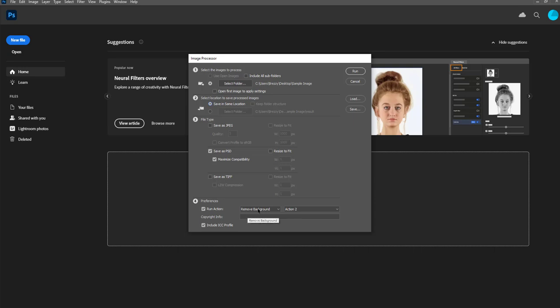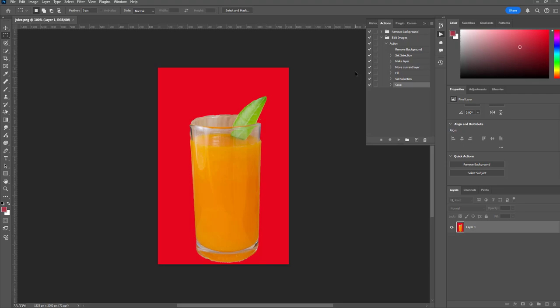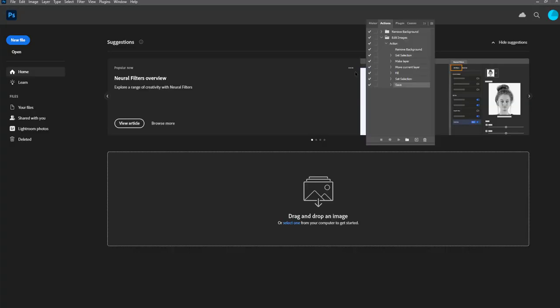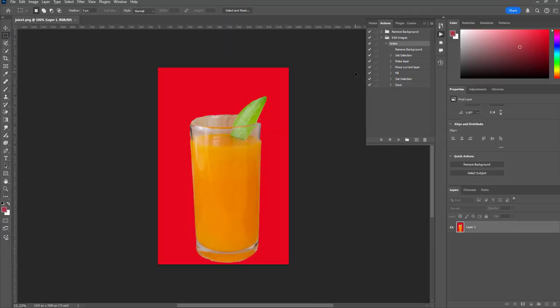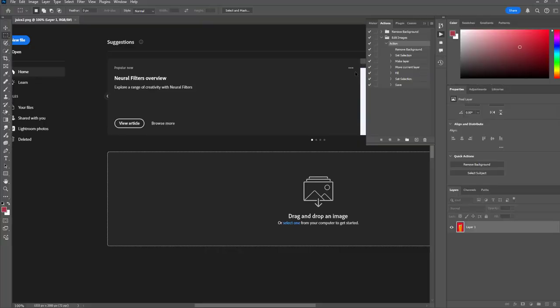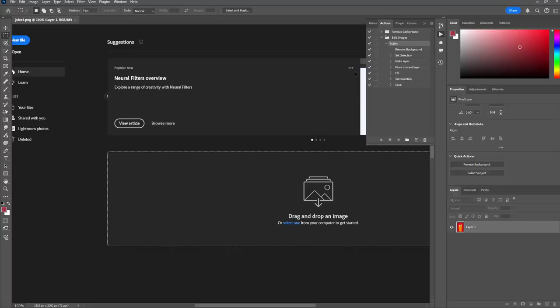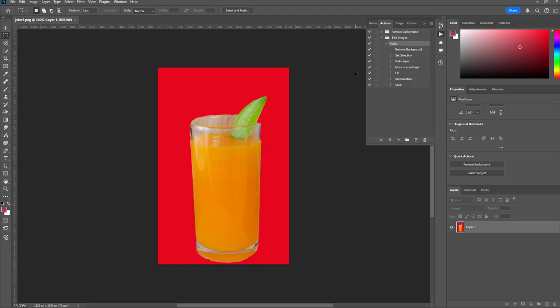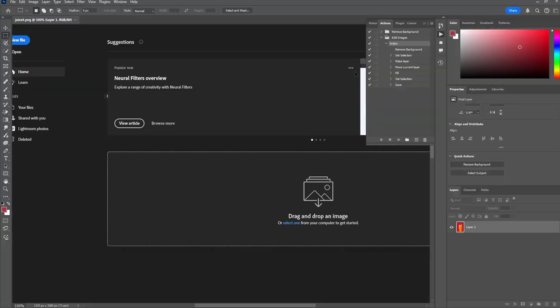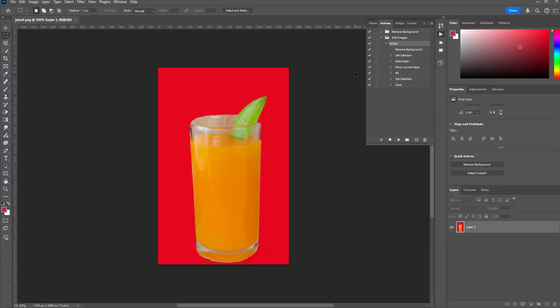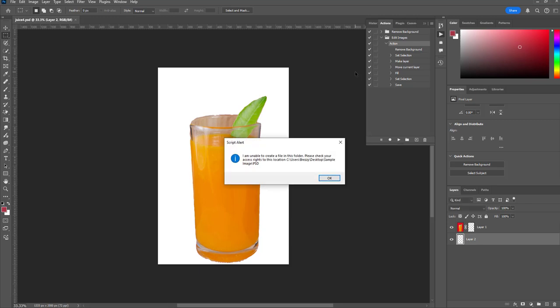Okay, select the run action, the Edit Images, select run. Saves a lot of time.